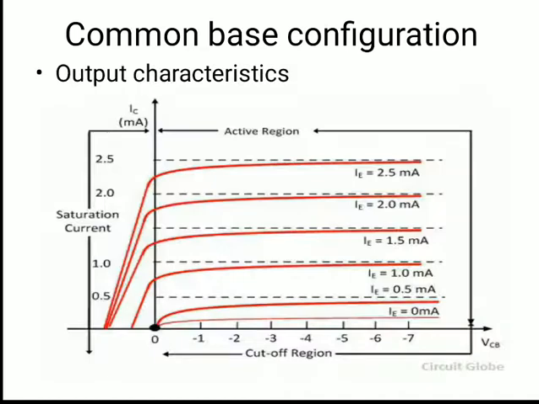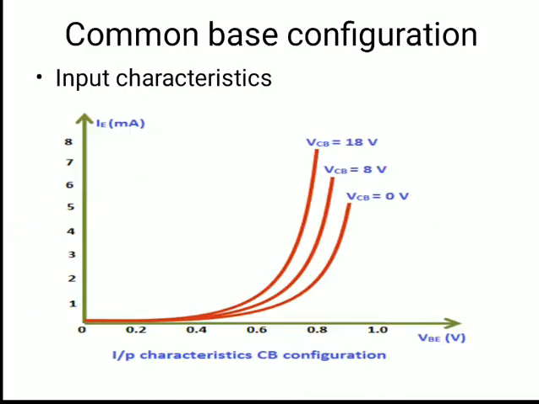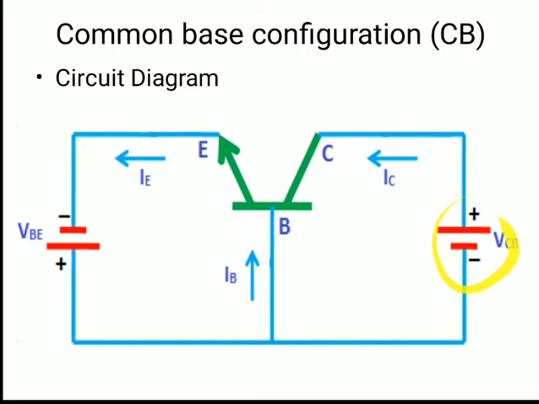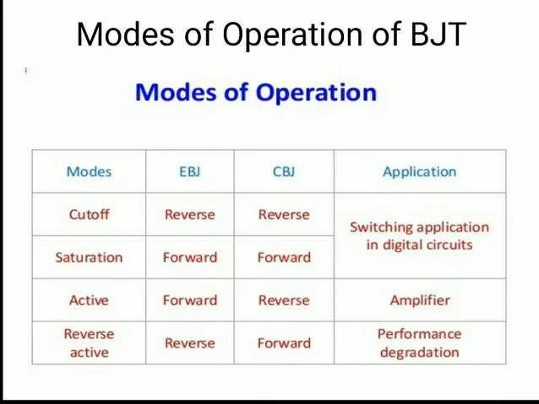Now if we make both terminals positive, this one is always in forward bias, but if we interchange this voltage also, the EB junction and the CB junction will both be forward biased. And when both are forward biased, according to this table we get saturation mode, in which the transistor acts as a closed switch. It means if two circuits are connected by a switch and the switch is closed, the two circuits are connected.